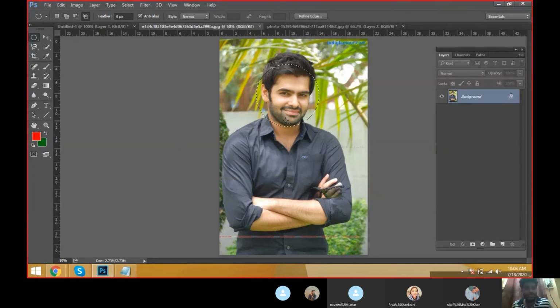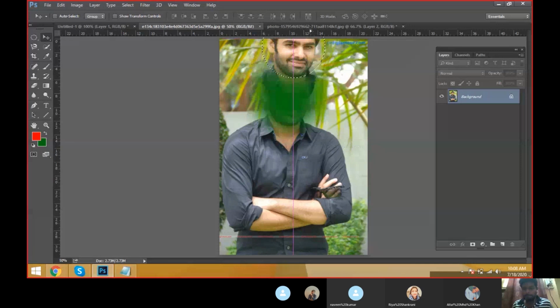Now take the move tool and move this one from one background to another background. Is this one good or this one good? The feather one is good or the rectangular marquee tool is good? Feather one. Yes. The edges are completely blending into the background.